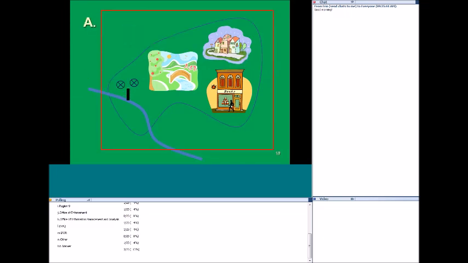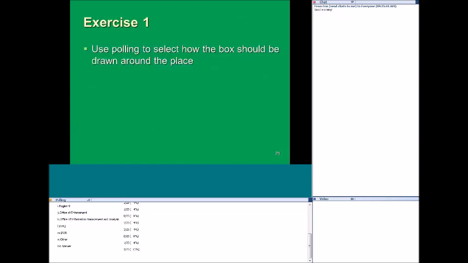So how do we draw our box around this, the place that we want to enter into SWRCB? Option A is to draw it around the whole town. Option B is to draw it just around the wastewater treatment plant. Option C is to draw it around just the residential area, because that's where most of the wastewater, the sewage, is coming from.